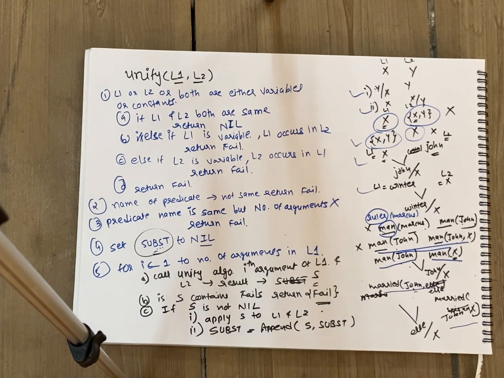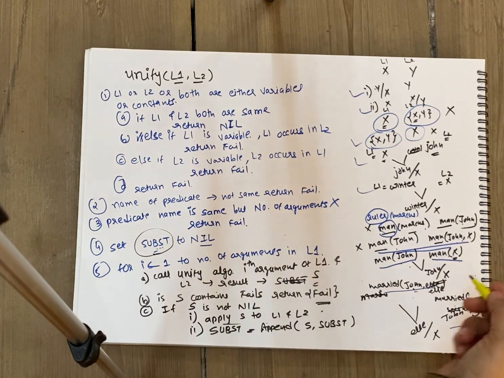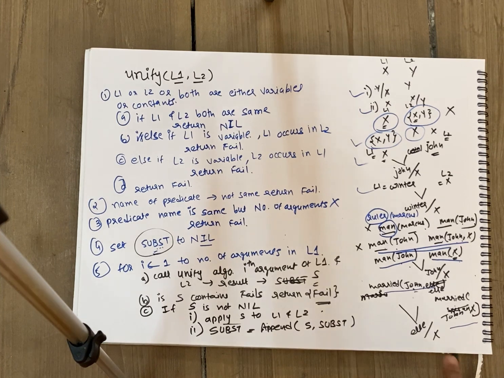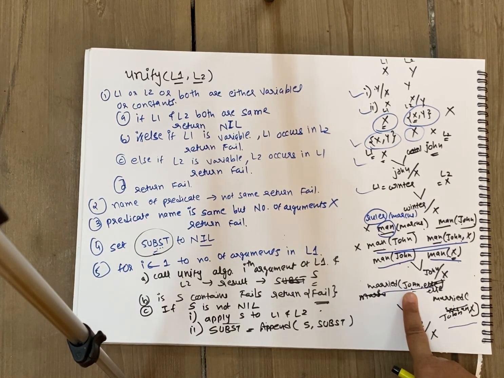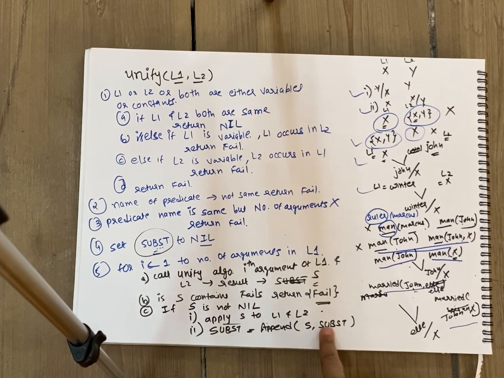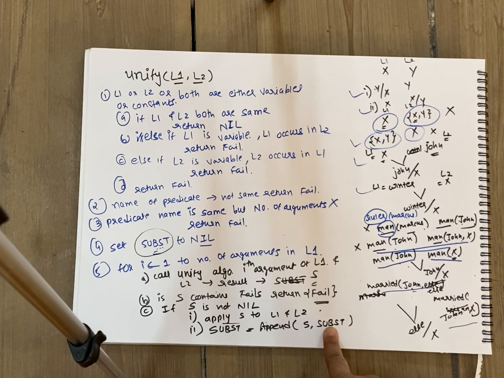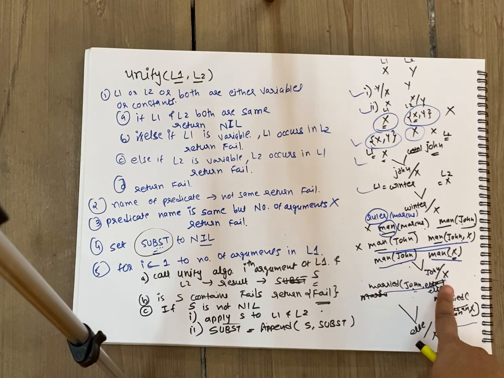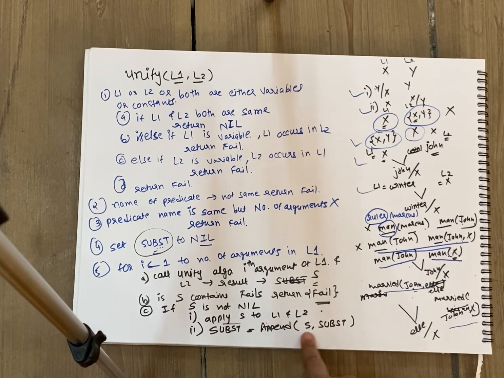Okay, let me explain this. If S is not nil, means you are having one of the replacements, for example John and X, then X should be replaced by John. Once one match is done, that should be appended in subset. What is the next match? L and Y, then Y should be replaced by L. So that is the second appendment that will take place, and that will keep on happening.